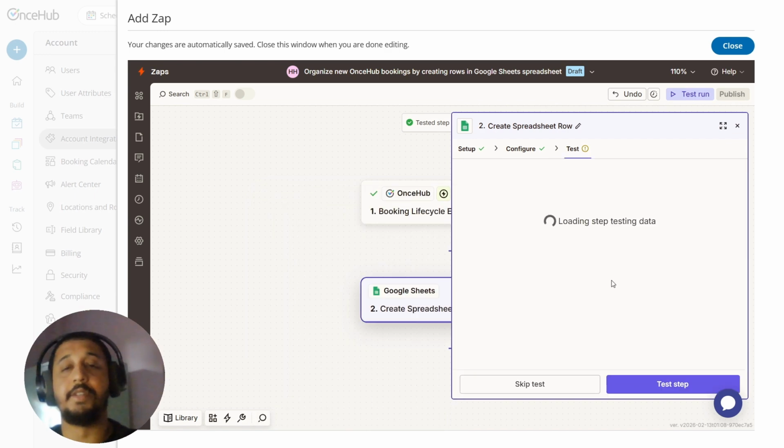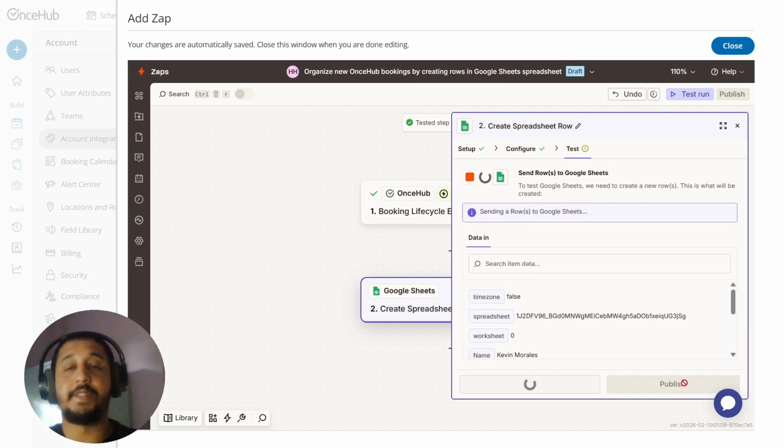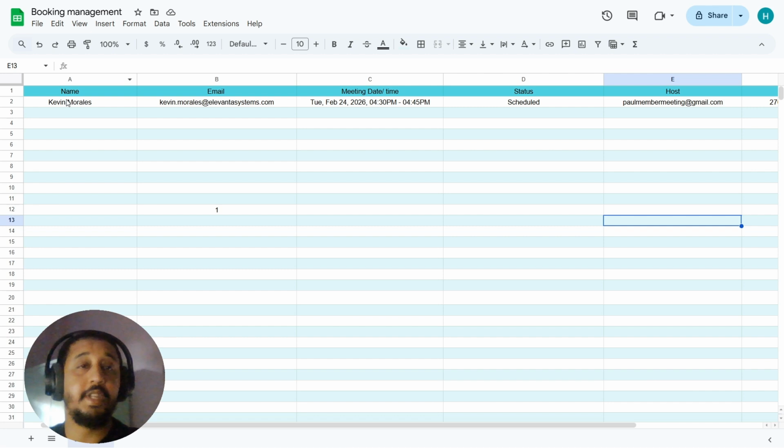Now, at this stage, it is processing the data that we have for the record for test. Once I click on test step, it should go ahead and send the data to the relevant application. So in this case, it is Google Sheet. So let's head over there. Now here we do see that the name, the email, the date and time, and all the relevant information has